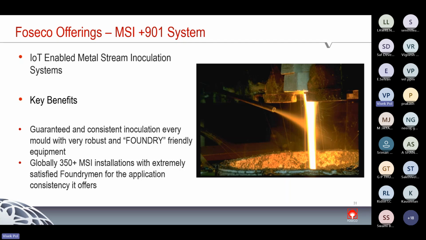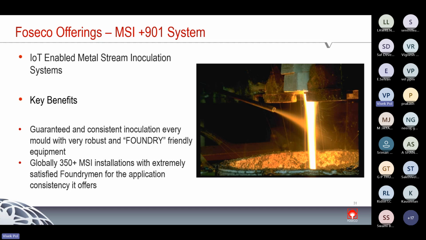If we add inoculant in the ladle during metal transfer, then that ladle will take some time for pouring because of the travel time and all. And again, we need to add more inoculant to cover up the fade time and its effect. More inoculation means actually we are adding impurities. It creates inclusions. That's why inoculation should be as little as possible, like optimum addition, and as late as possible.